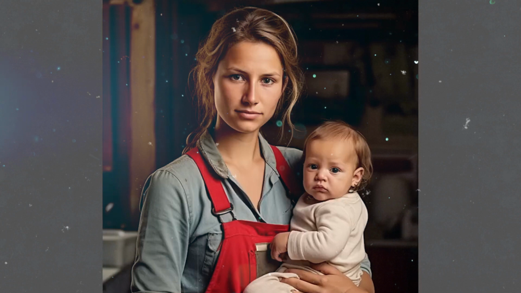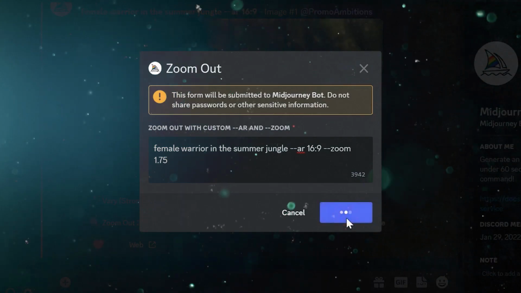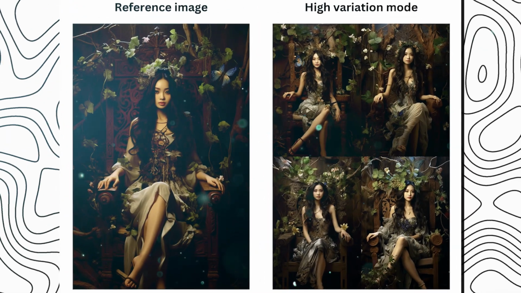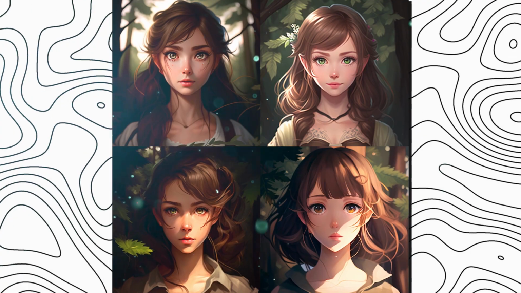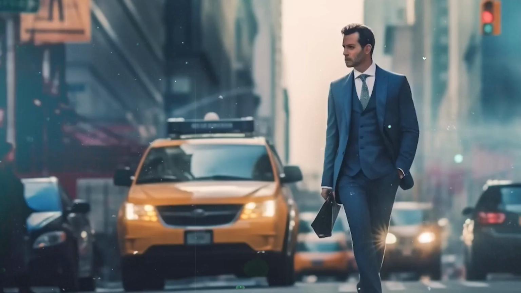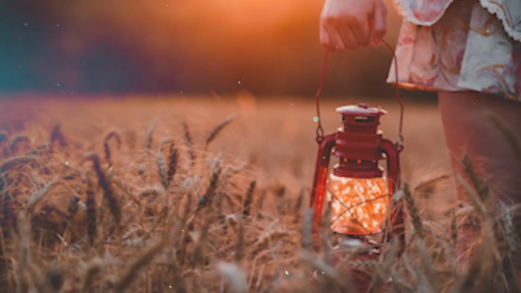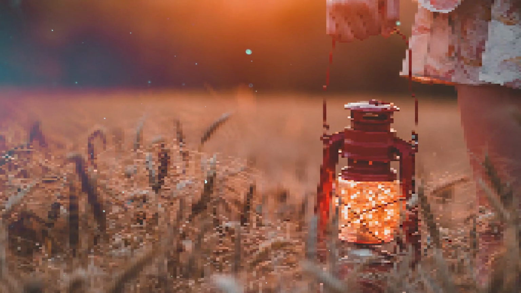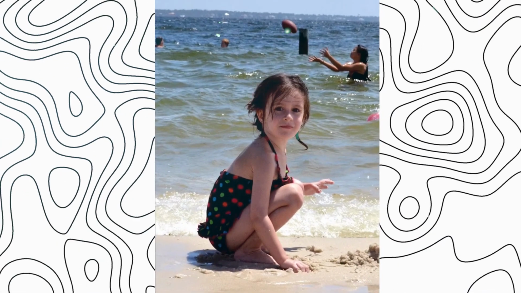The zoom out feature could be used to create new types of visual content that were not previously possible. For example, it could be used to create immersive VR environments or to generate abstract art. It could also be used to improve the quality of existing images. For example, it could be used to add details to a photo taken in low light or remove unwanted objects